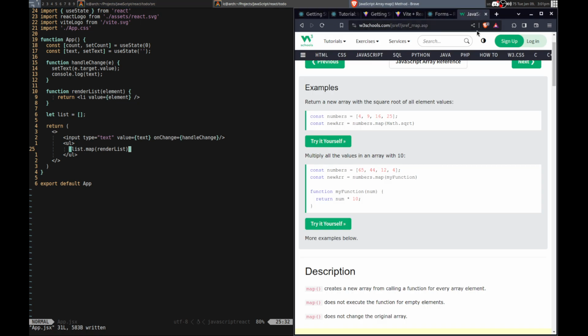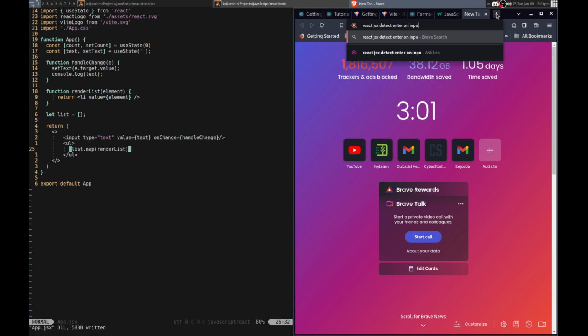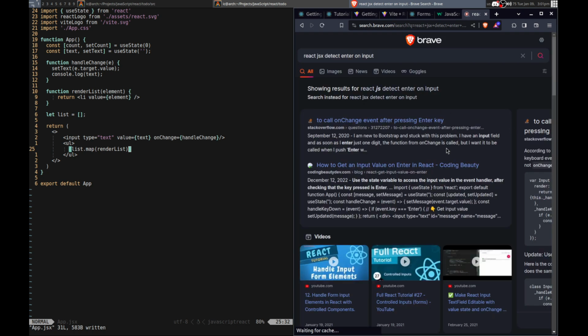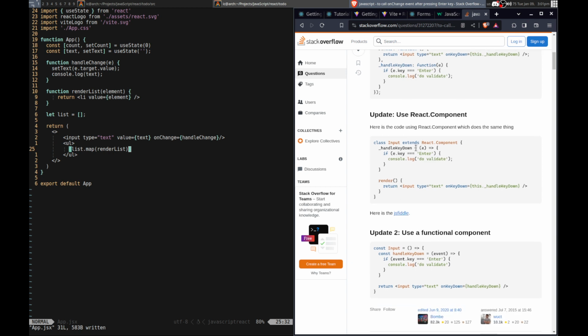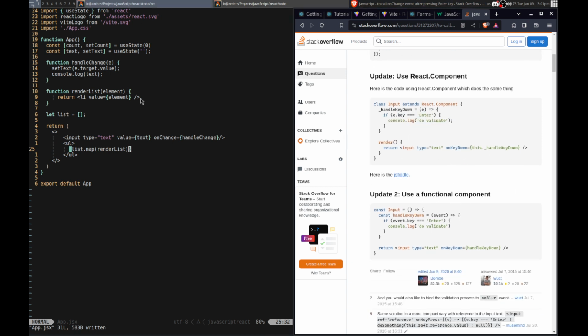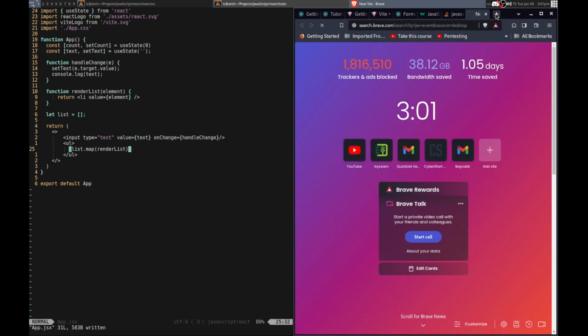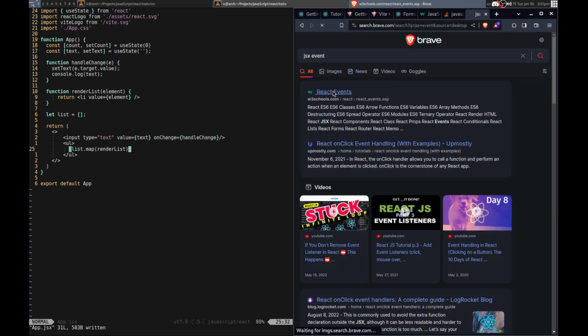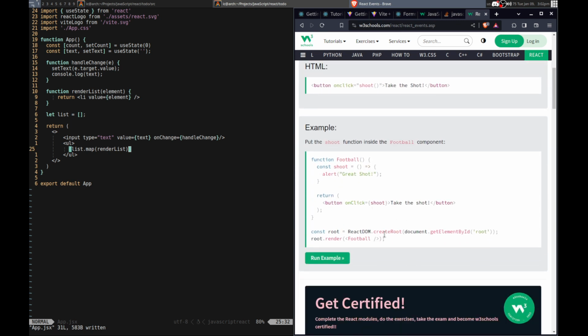So how do I, in JSX, detect enter on, what is this? That looks complicated. Handle key down. Wait, can you do that in here? So we have the event. What all does the event have? Event. It's like an object, right? React events. Yeah, so I think I need to check that. So